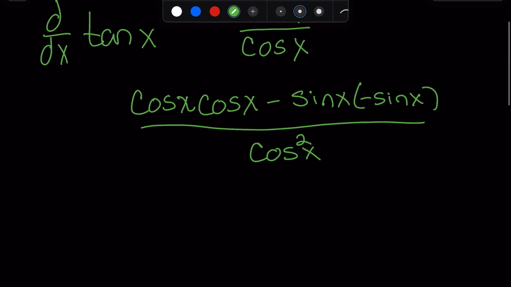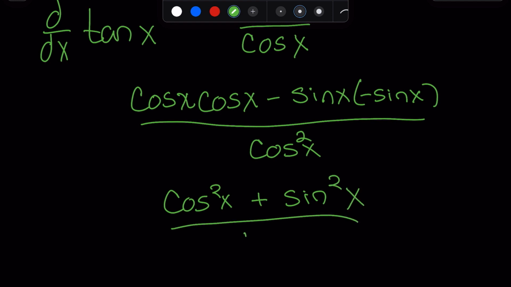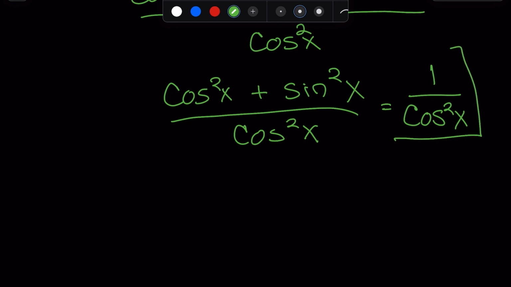So now if you distribute the negative at the top, you get cosine squared plus sine squared. So from our handy dandy trig, we should know that the top part is just equal to 1. Therefore, the derivative of tangent is just 1 over cosine squared of x, but we never really write it like